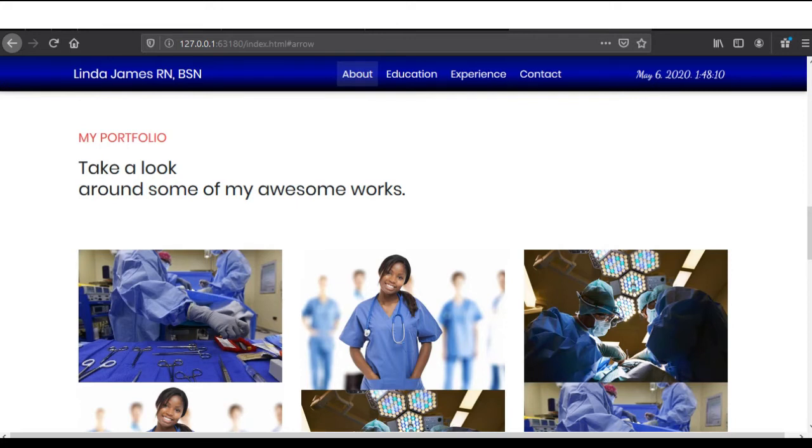If you want to change the domain name, you can register a domain at a very cheap rate and customize it to suit, like in this case you can have lindajames.com or lindajamesportfolio.com. Get a custom domain name and change the domain name. Okay, but the free host you are going to get doesn't come with a custom domain name, it's